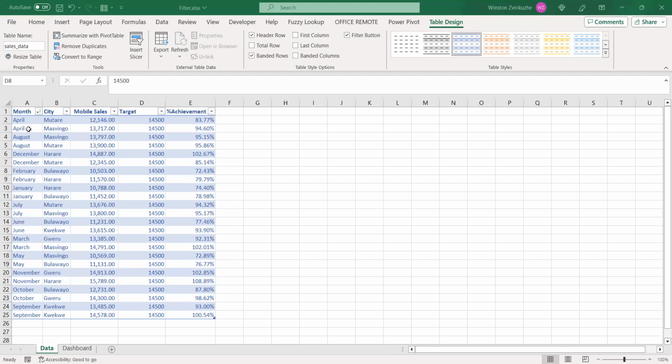So here we are. Welcome everyone to our Excel learning that we're going to do. Today we're looking at the filter formula that Excel comes with. Mind you, I'm using Excel 365 so that we can get some of the formulas that we need to be able to play around with our